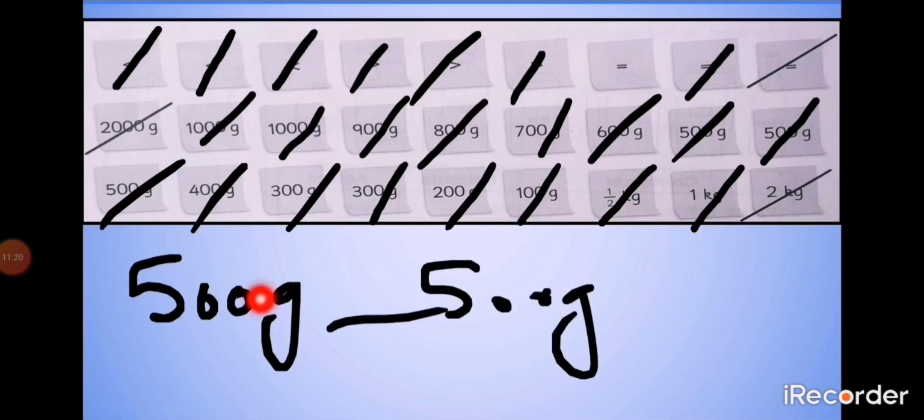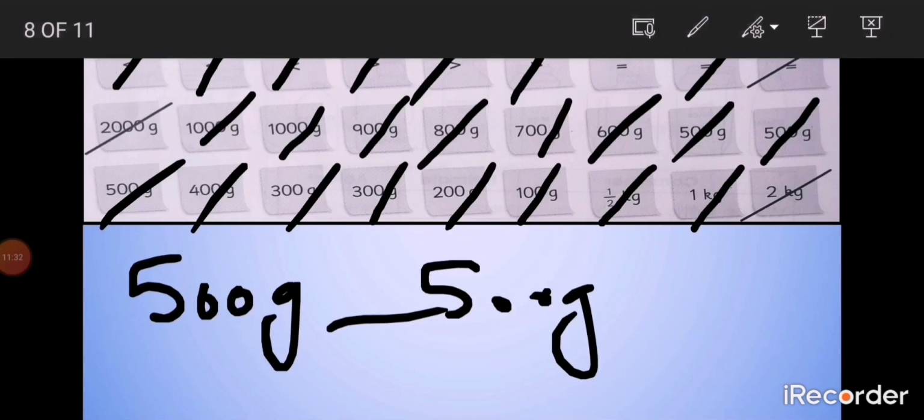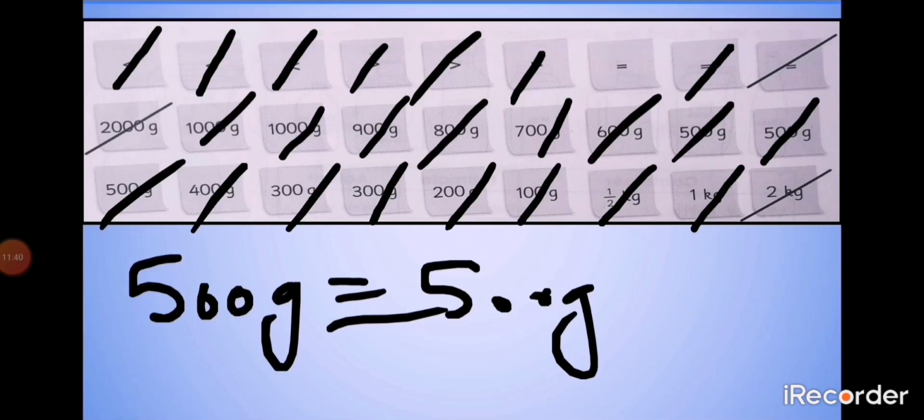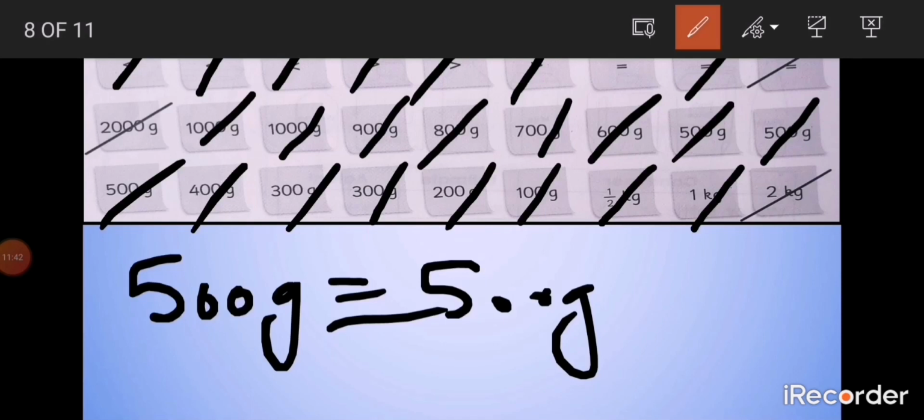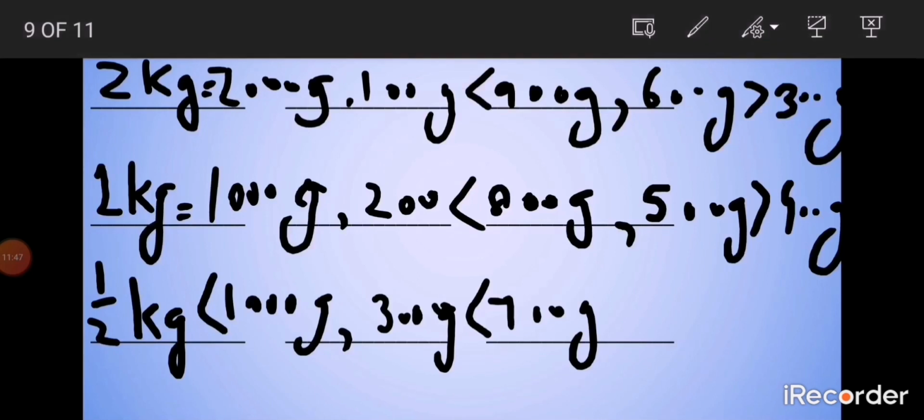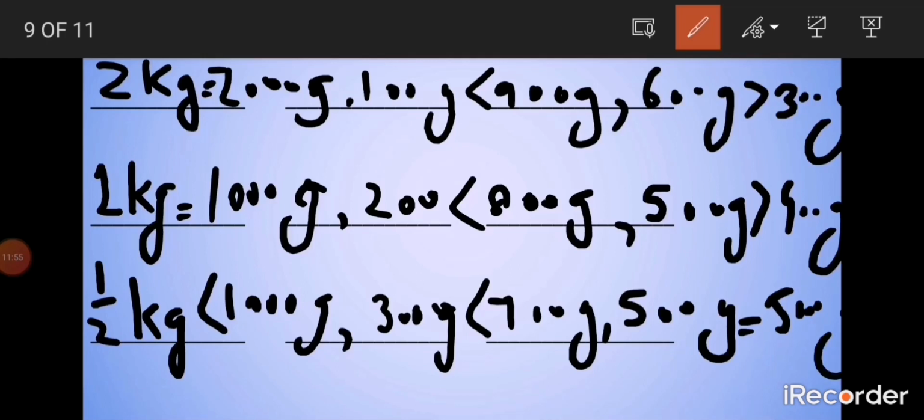Now you will tell me, is 500 gram more than 500 gram or equal to or less than? 500 and 500, they both are same. Both quantities or measures are same. So we can put the is equal to sign here. So let me write is equal to here and cross it here. And I am recording my numbers here. 500 grams is equal to 500 grams. Both measures are same.